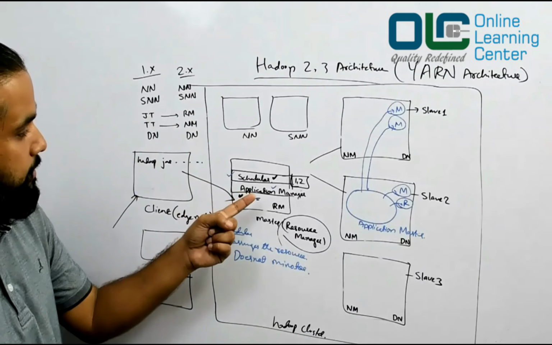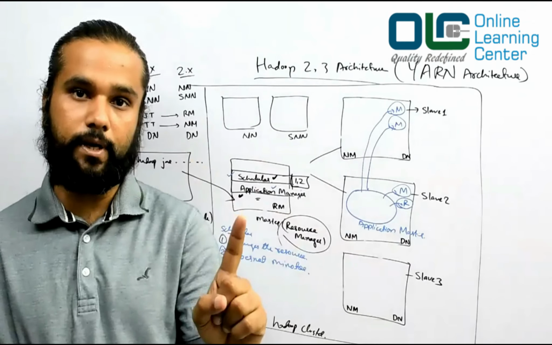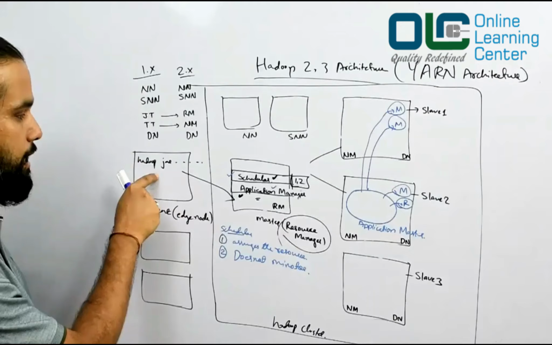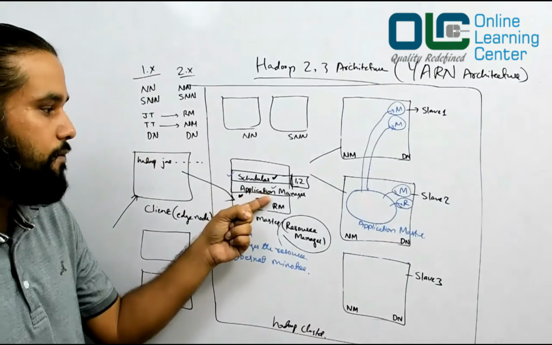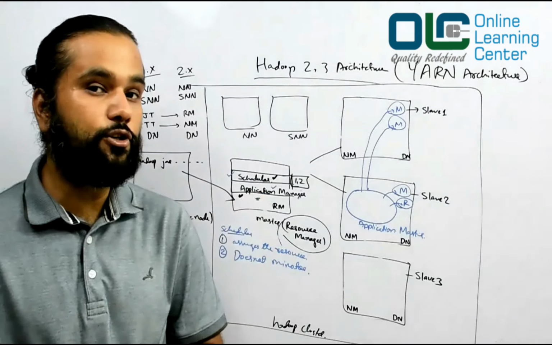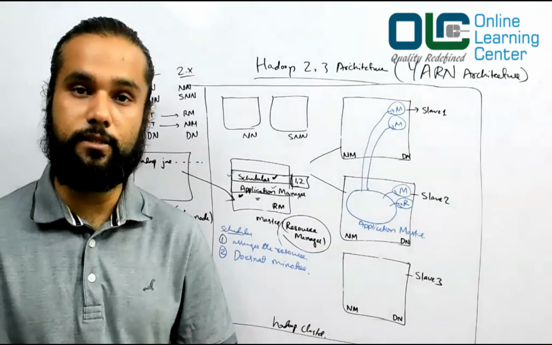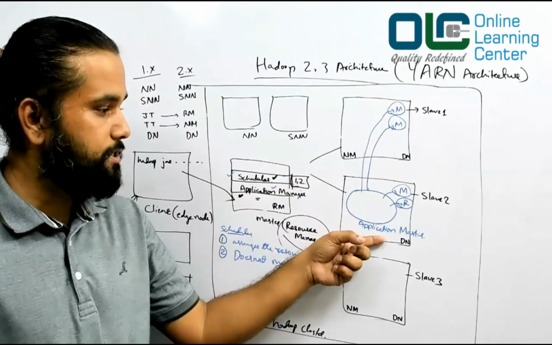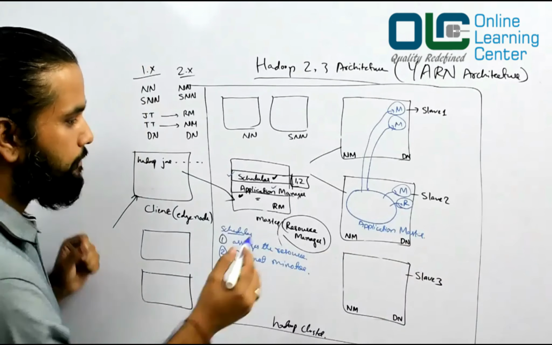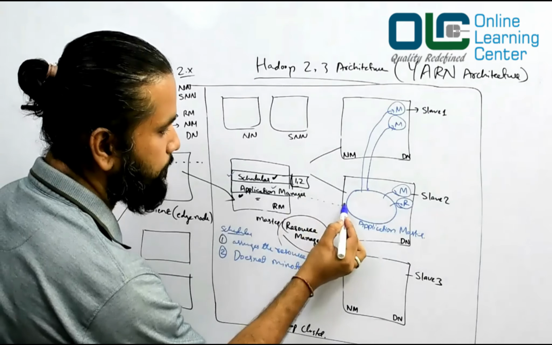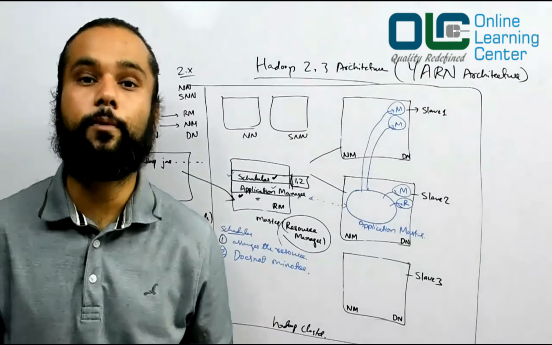As I said, this application manager launches an application master for each job. The moment you say Hadoop jar, it is actually a job, and that job is given to your application manager. What it has to do is go and launch an application master so that the job can be executed, and then it interacts with this application master on a periodic basis to get information about the job, how much of the job you have completed.